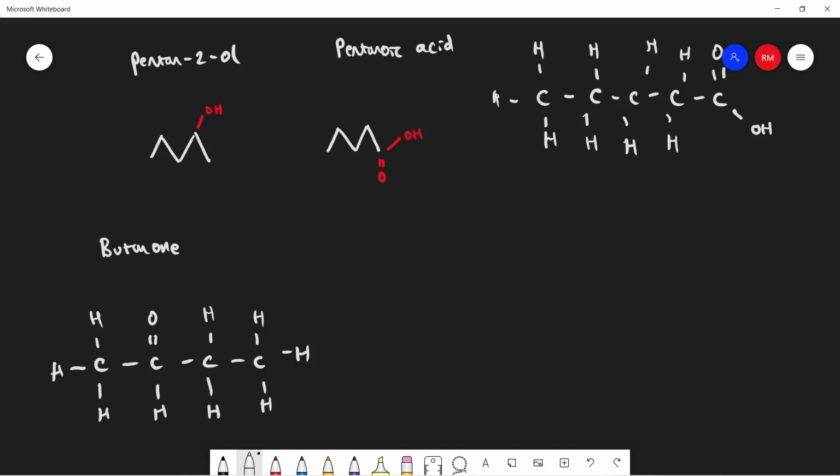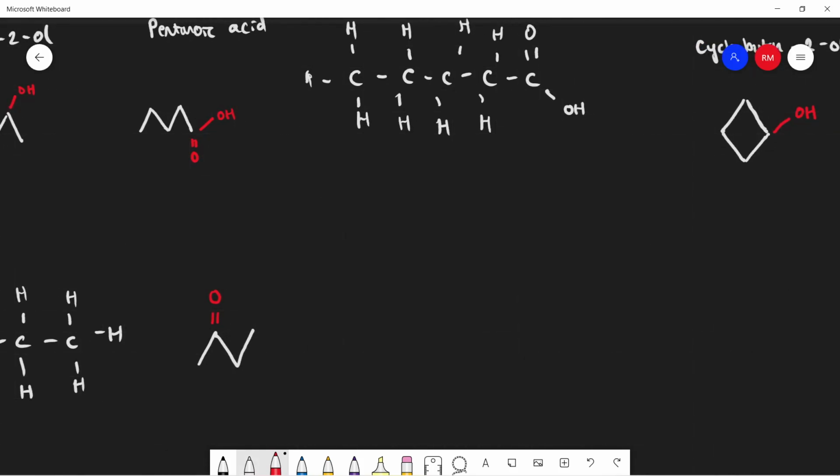Now that you know what this displayed formula is, I'd like you guys to draw this displayed formula of butan-1-one. Start drawing it in here, which you guys are going to. So obviously first we're going to start off with our 4 carbon skeleton right here, and then on either this carbon or this carbon we will have our double bond oxygen coming off there. Oh sorry, that hydrogen should not be there. Right,